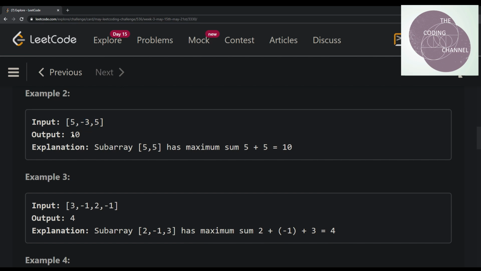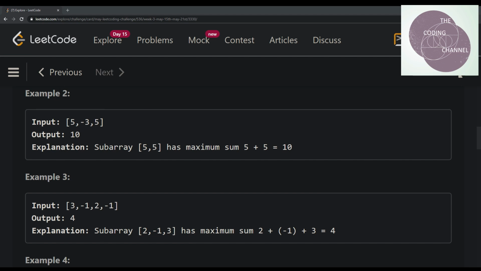Output is 10. If we go with Kadane's algorithm, what we're going to get is the maximum sum to be 7 in this scenario from this given contiguous array.